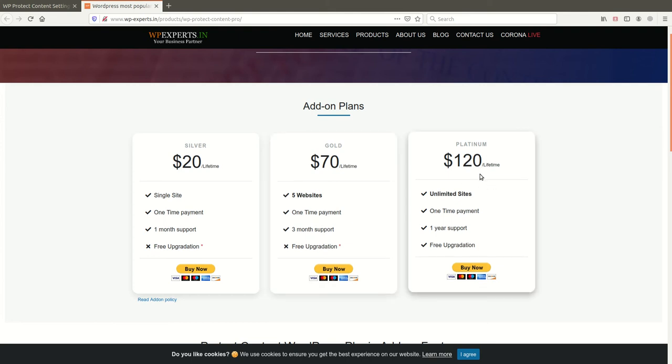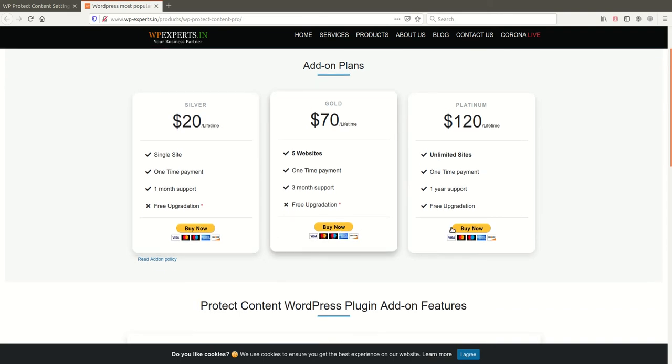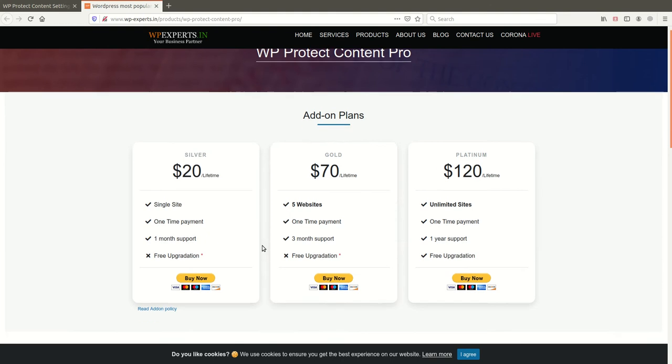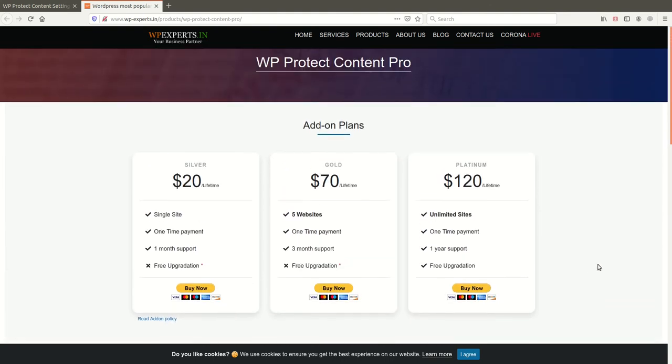And if you want to use our plugin add-on on more than 5 websites, you can choose the $120 platinum plan. The features in all three plans are the same.